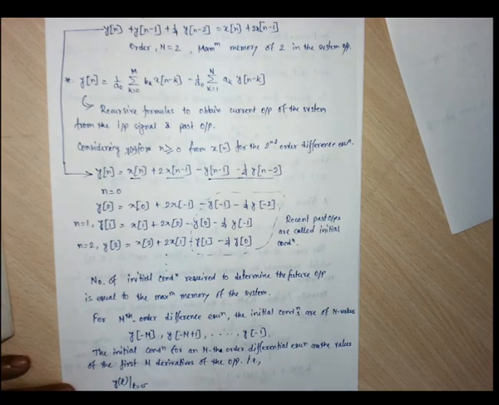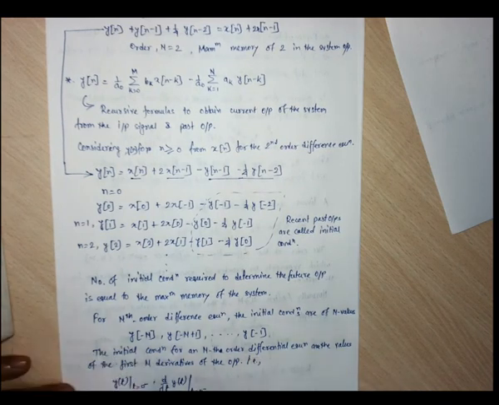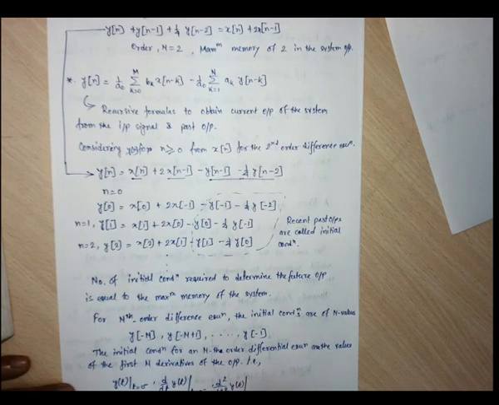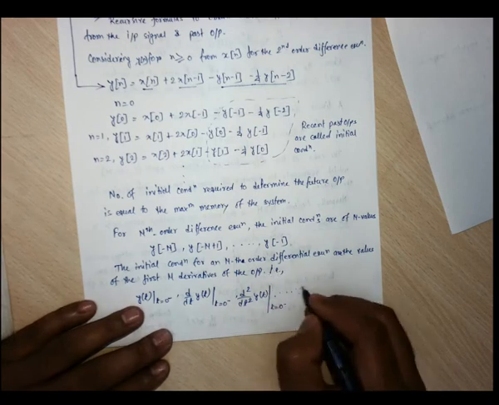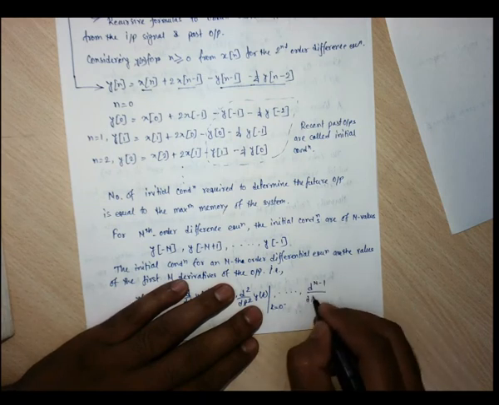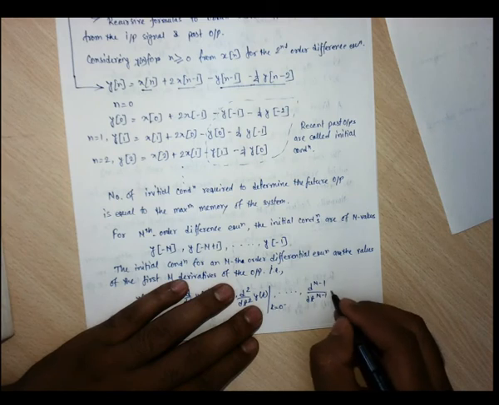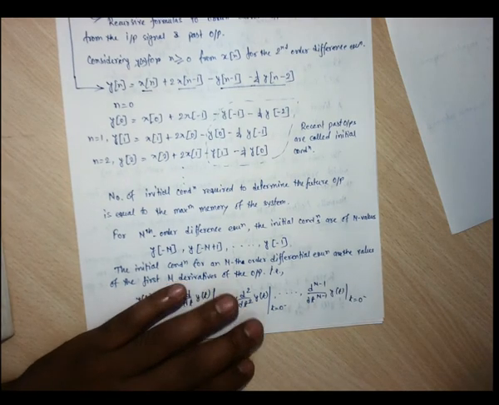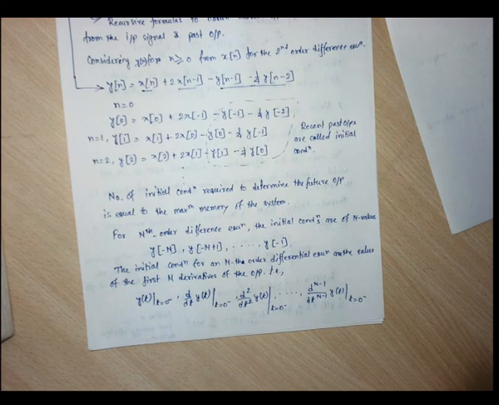then d/dt of y of t at 0 minus, just at the origin from the left hand side, then d²/dt² of y of t at t equal to 0 minus, and in this way up to d^(n−1)/dt^(n−1) of y of t at t equal to 0 minus. So in this way we need to find the initial conditions.